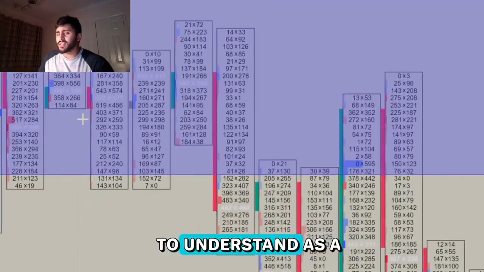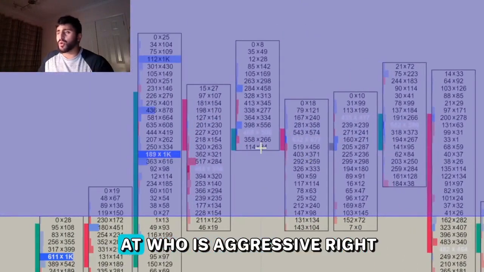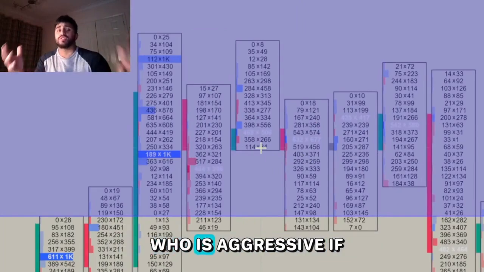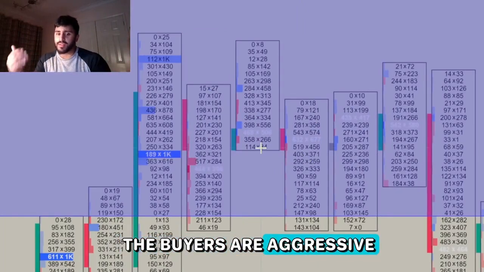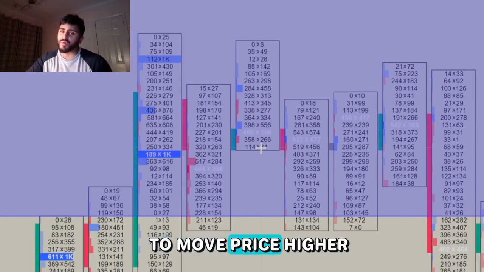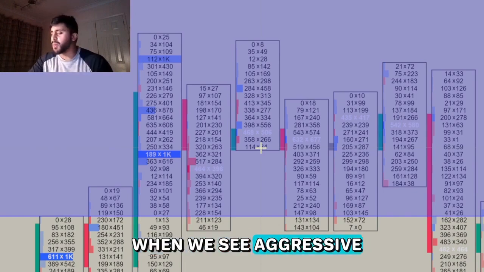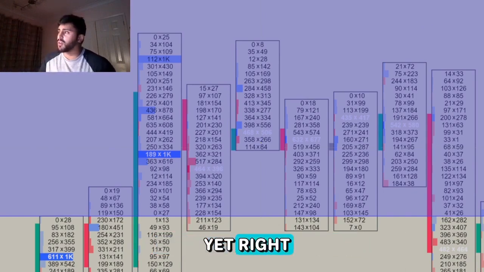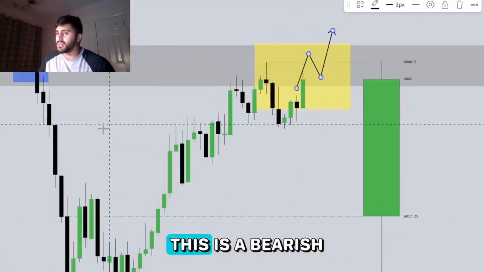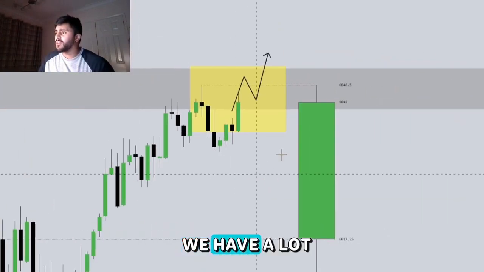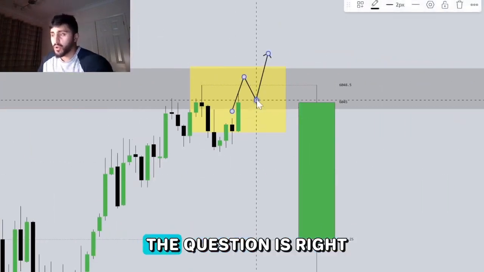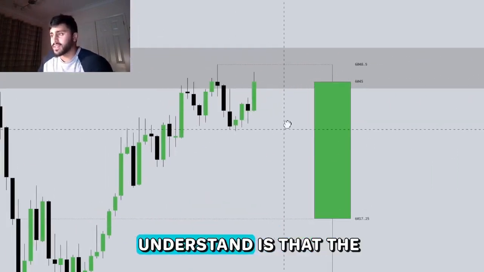But what we need to understand as a trader is we need to look at who is aggressive, right? If the buyers are aggressive, their only goal is to move price higher. So when we see aggressive buyers at a bearish fair value gap, remember, we're at a bearish fair value gap, we have a lot of aggressive buyers in this region. The question is, what you need to understand is that the level